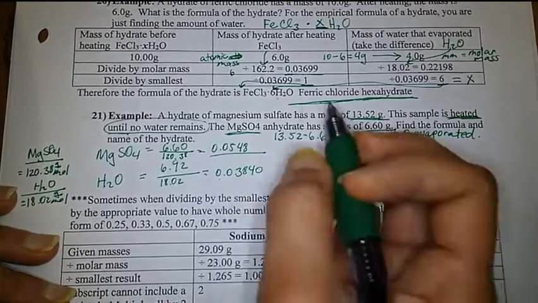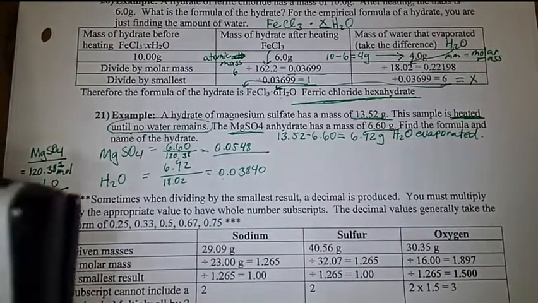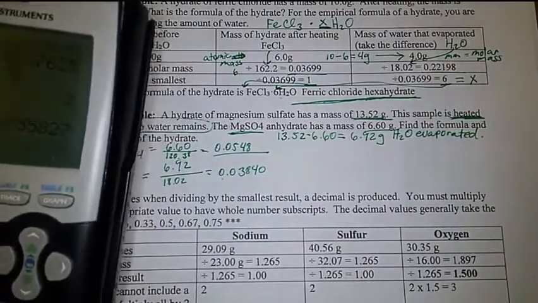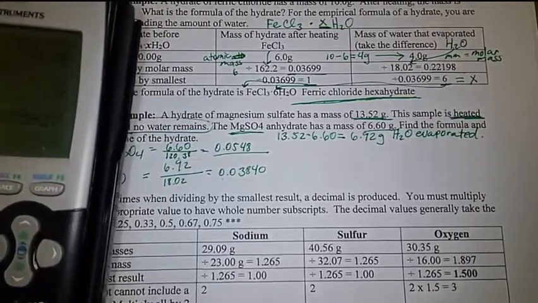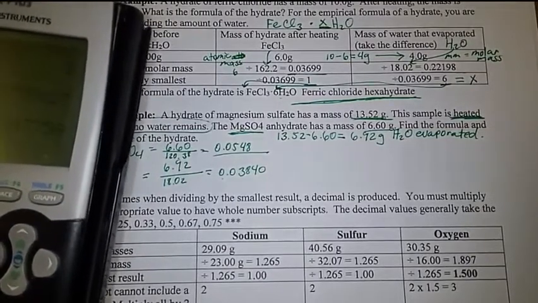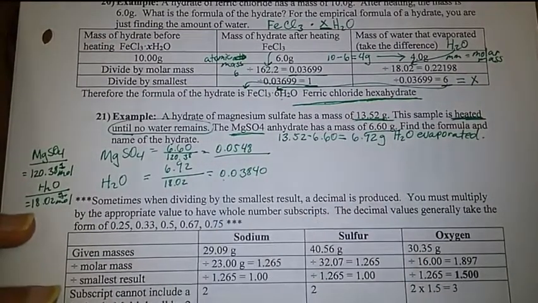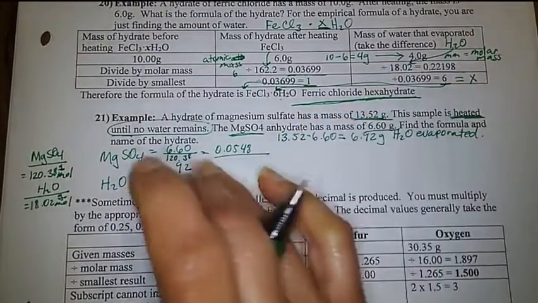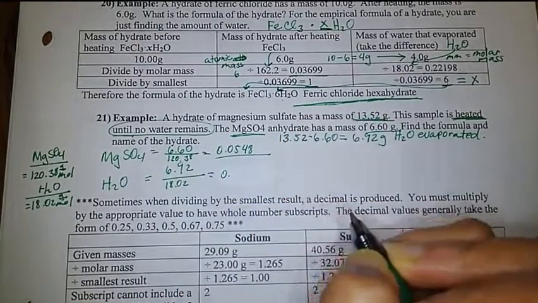And you are going to divide, let me check. Did I make a mistake on here? Hold on, 6.92 divided by 18.02. I did it. Okay. So let me go ahead and fix my mistake. I'll be right back. Okay, so I fixed it, and I did it in the calculator, it is